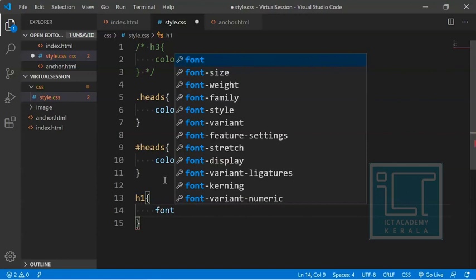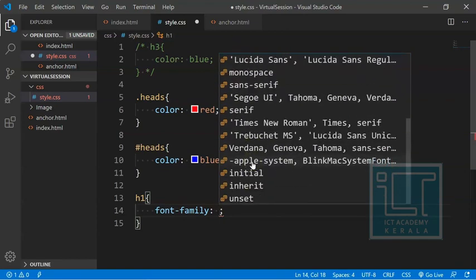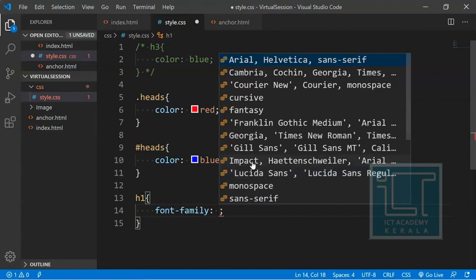Simply by typing font, a lot of options come up, because IntelliSense is working. From this we can choose font-family. Font family gives a lot of font options that are already built into Visual Studio Code, but only a small number are available here as IntelliSense. Other ones we can type directly.